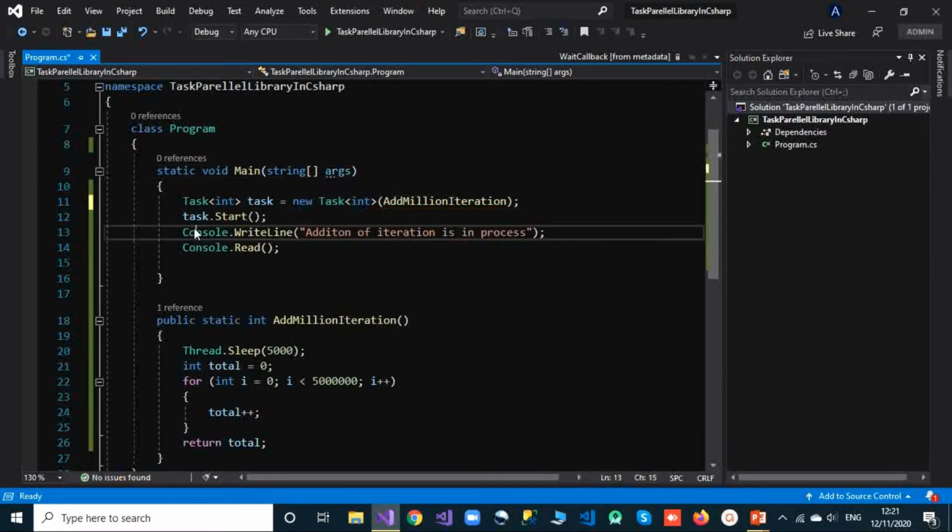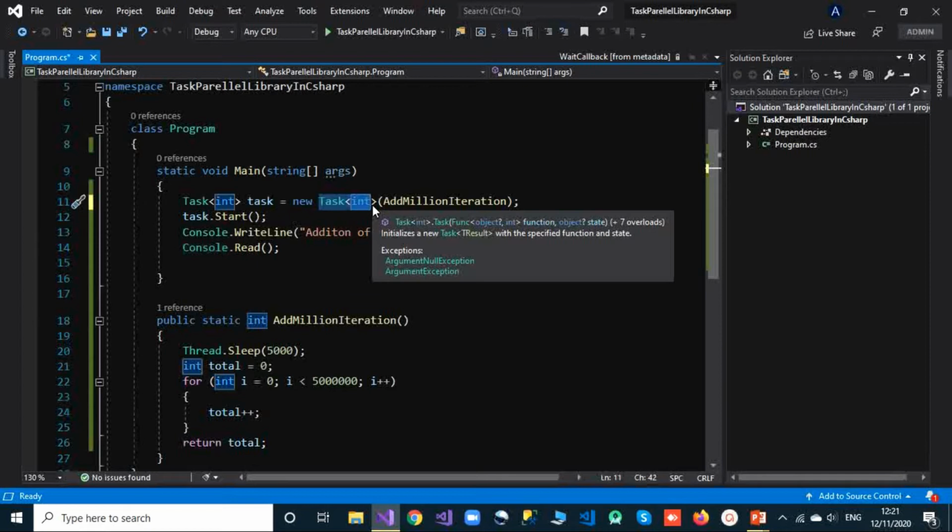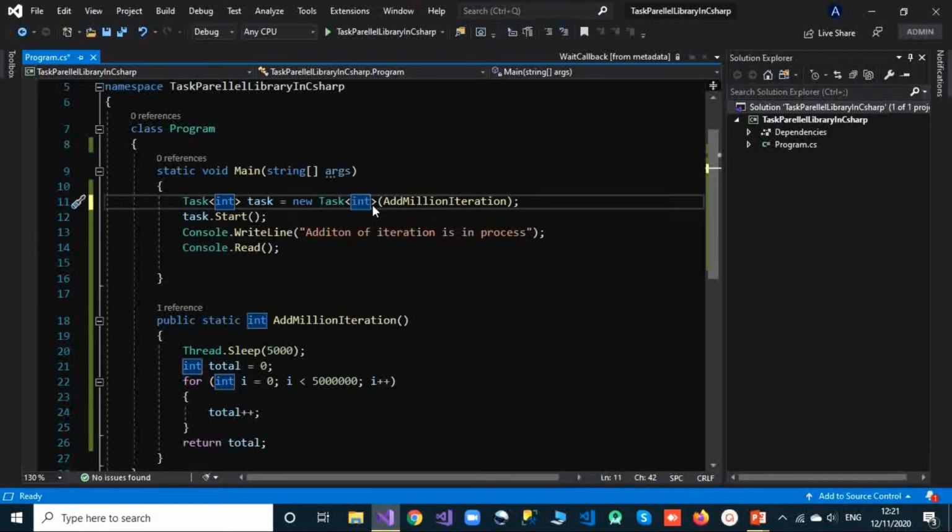And that's also how it is better than using threads, because we have learned threads are not type safe, and we cannot use something like this with thread, but we can use this with this task, and these tasks are type safe. Okay, so now it is good, and we know it is returning that total, so we have to take that inside one